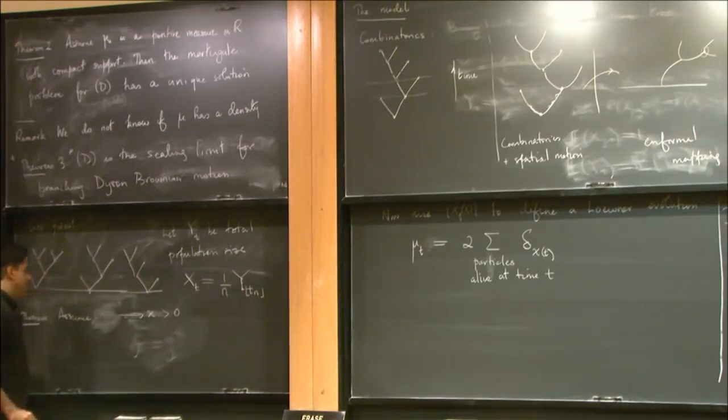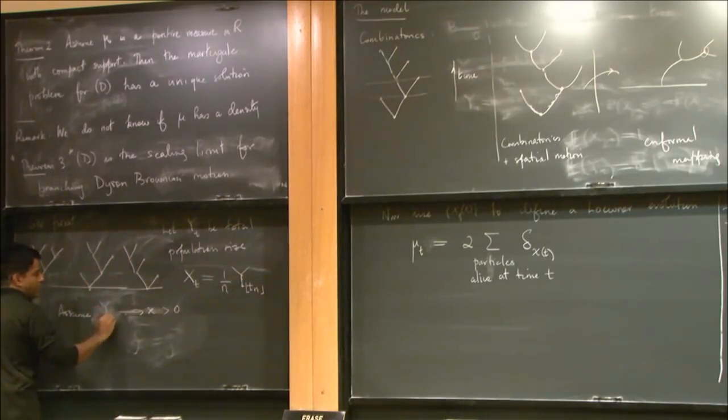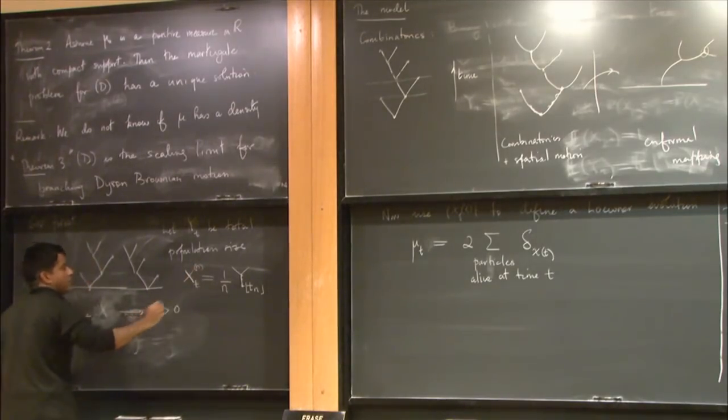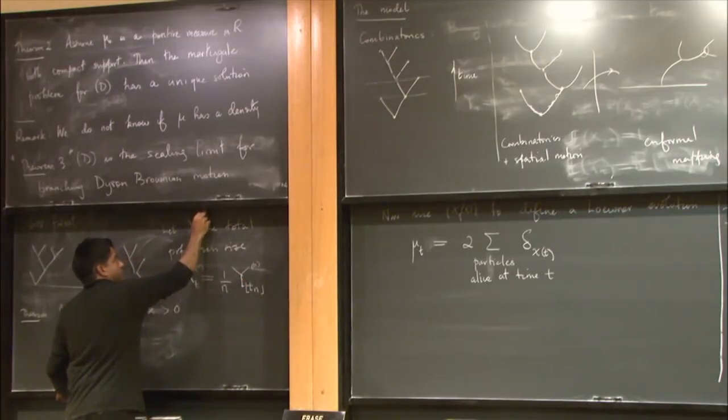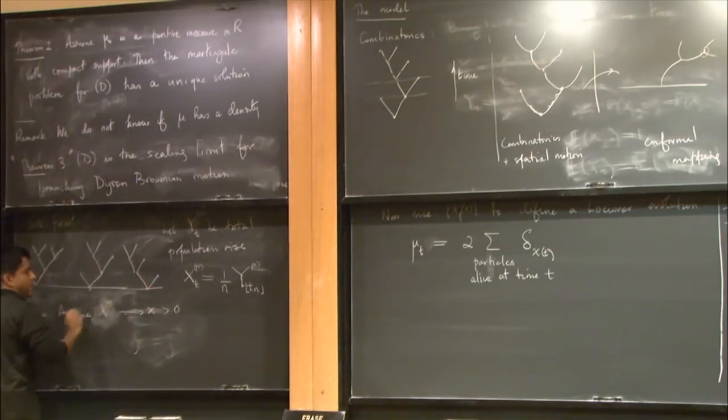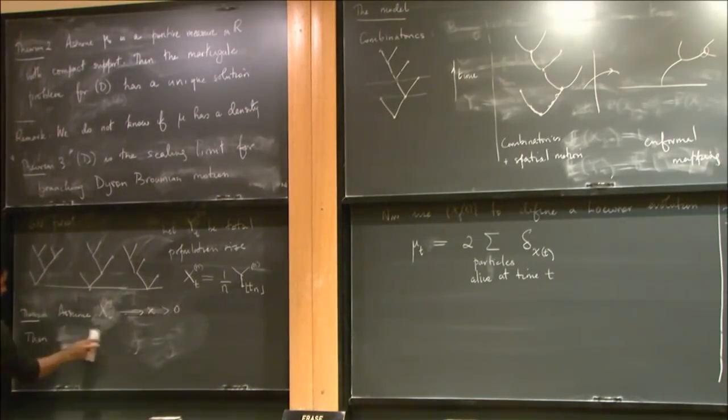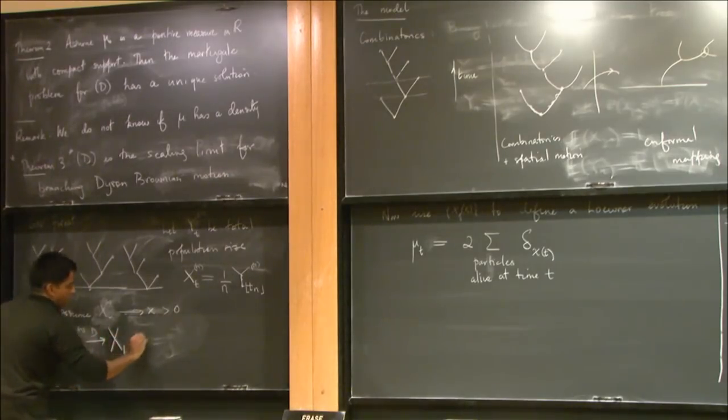The theorem is basically the following: take a sequence of these, assume the rescaled initial data converges, then these converge in law to xt, where xt solves